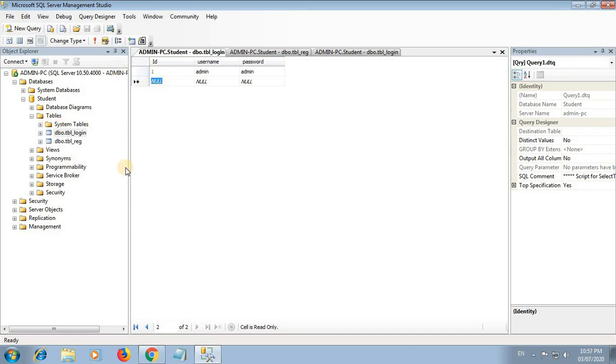So in this way you can create a database by using the Microsoft SQL Server Management Studio or Microsoft SQL Server 2008 R2. So this is our A2 table. Okay, so in the next video session we will see how we can configure this database into Microsoft Visual Studio. Okay, so we will see in the next video.